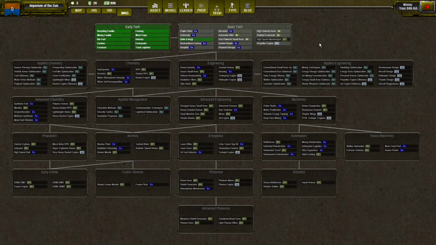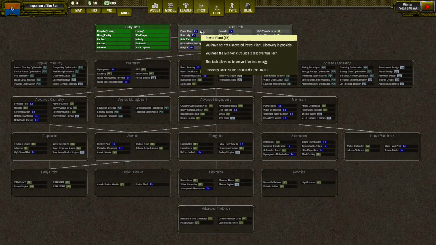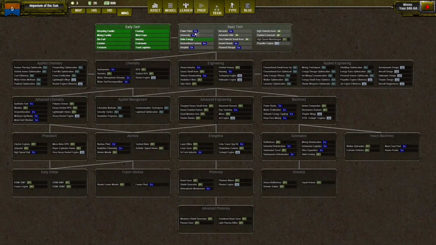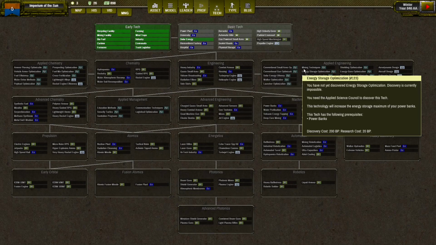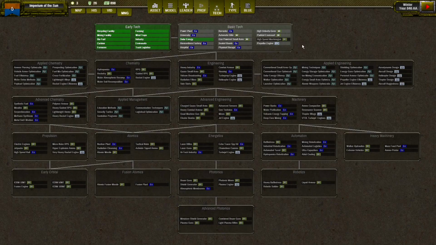In Shadow Empire, each technology belongs to a council where you can discover and research that technology. The council is represented as a symbol after the name of the technology, and we have Economic Council, Military Research Council, Air Force Research Council, and Applied Science Research Council. Those four councils are responsible for all technologies in this tree. Also, there is another hidden group of technologies for GR Tech, but for that I did a separate video